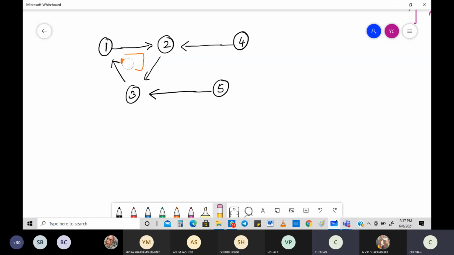So can I start? I'll start doing the same. We'll apply the same old procedure. We'll forget whether it has a cycle or not. What is my same old procedure? First thing is I need to figure out the in degrees of each and everything.